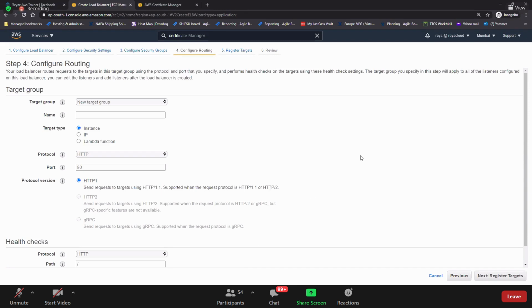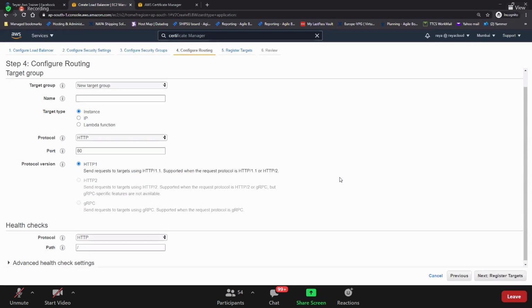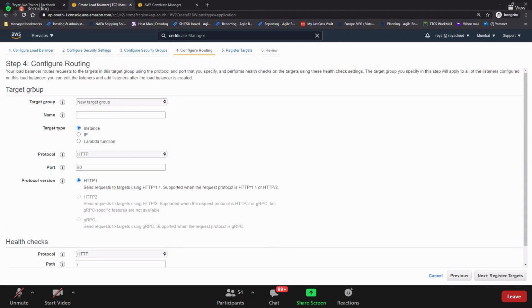Yeah. Nice. Okay. So guys, now it's time to create a target group. Do you remember target group, what we have discussed? So this application load balancer has a nice feature called target group, right? It can go to multiple target groups. Do you remember that concept? If not, just see the snapshot, you'll understand. So now I'll create a target group called web target group. You can give any name.